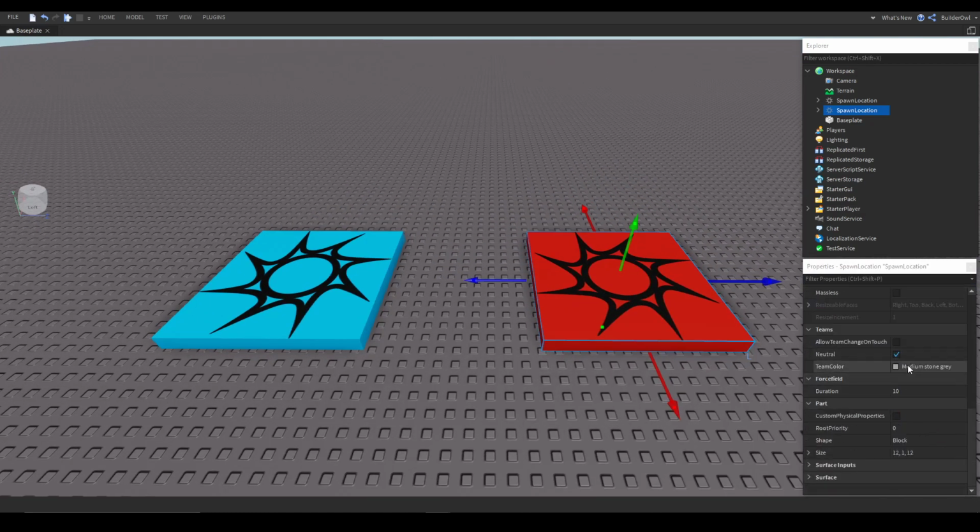And this is very important. So on both of these, we're going to uncheck neutral. If you check these to neutral, then anyone can spawn there, not just people on those teams. So you want to uncheck neutral, and we want to individually select these. Now, team color down here definitely does matter. This will have to match your team color when we set up the team value. So here we're going to set this to really red,